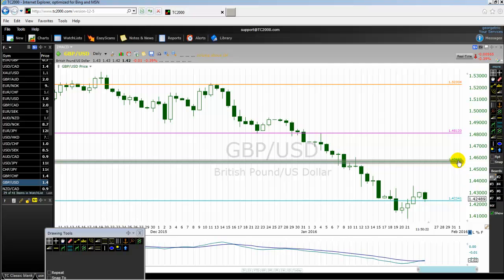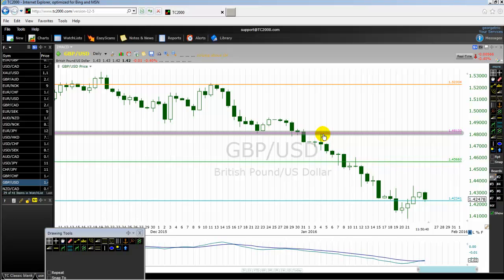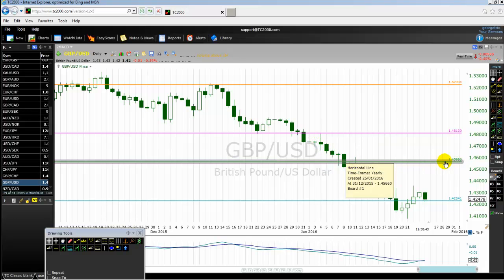Do exactly the same thing. Trade around key levels. Take advantage of high probability trade setups around key levels. Ignore everything else and trade together with the big market players. All right? You want to trade with the big market players, you want to trade like a pro, trade around key levels. So as the price dropped down from the pink line, it came to the green line, which is another key level,